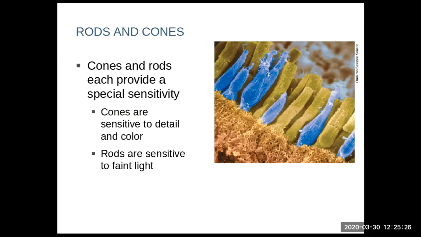The cones, on the other hand, are what I like to call the 3 C's. So cones equals color, cones equals clarity or clear vision, and cones equals center because they're located in the center of the retina, or what we know as the fovea. But a lot of times it's easier to remember when you use what we call a mnemonic device, where you sort of make a mental picture or some way of trying to remember the information better. So that's why I give you this. Cones equals the 3 C's.